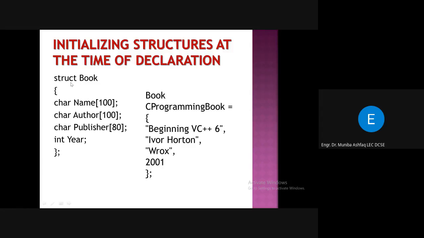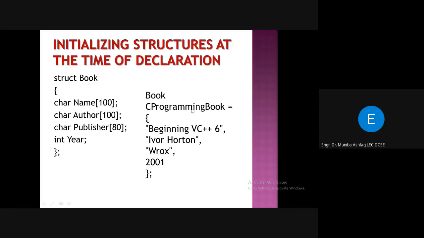Now I have to make the object of this structure. So how to create the object of this structure? Write the name of the structure. Here the name of the structure is book. So write this book, and then C programming book. This is an object that I created for this book. So which book? C programming book. Up to this point I created an object, and then equal to, now I'm going to initialize the